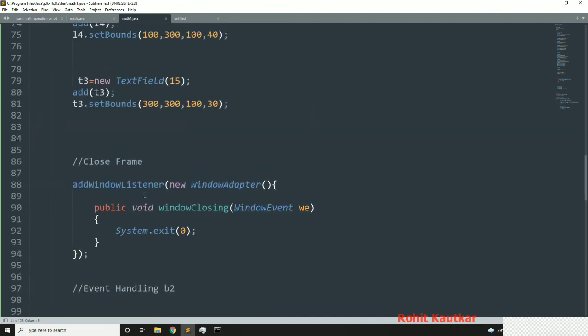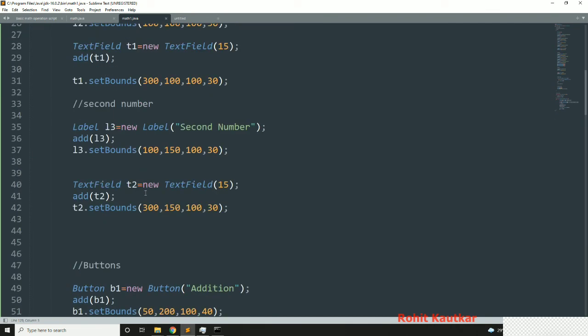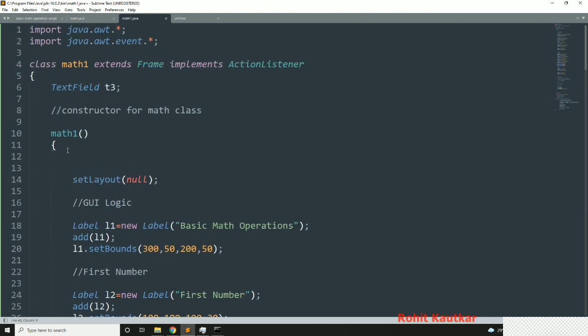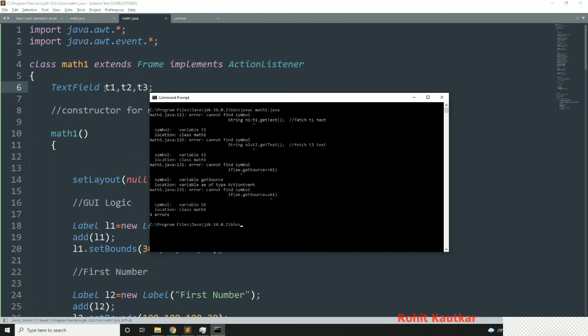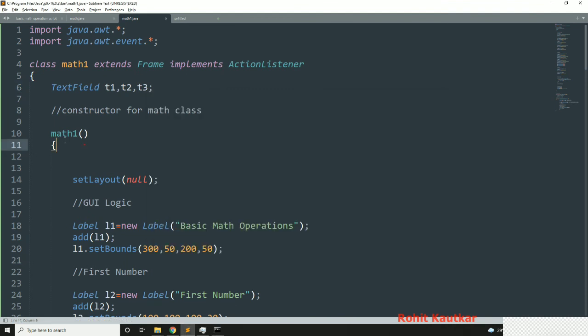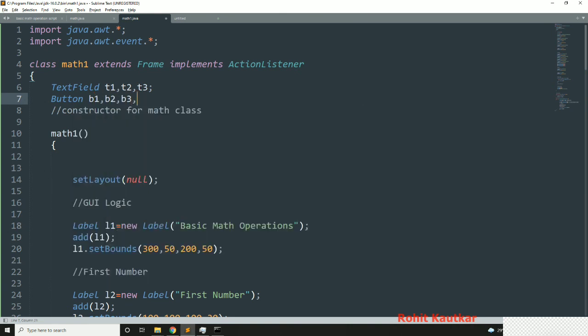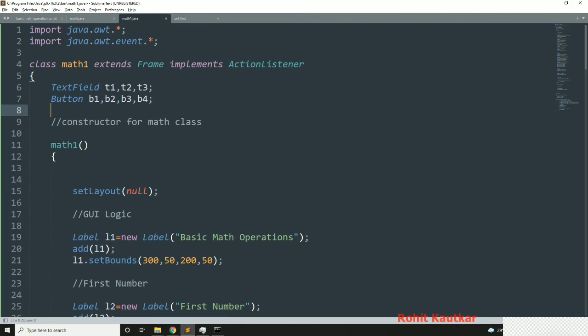Okay, it cannot find symbol T1, T2, so I need to declare them outside of our constructor. Okay, so I will remove this, and here let's try to declare T1, T2, T3. Okay, as well as I will declare buttons, button B1, B2, B3, B4.